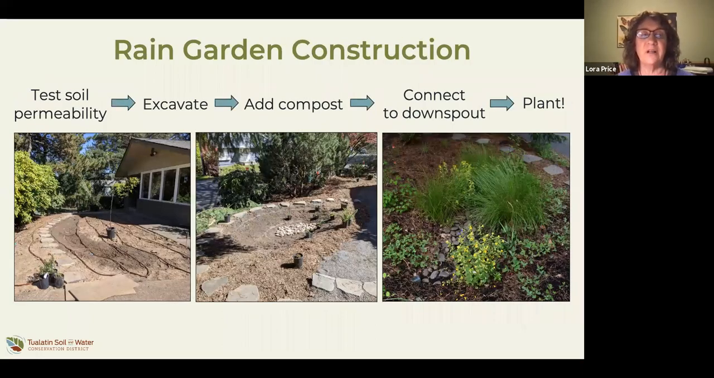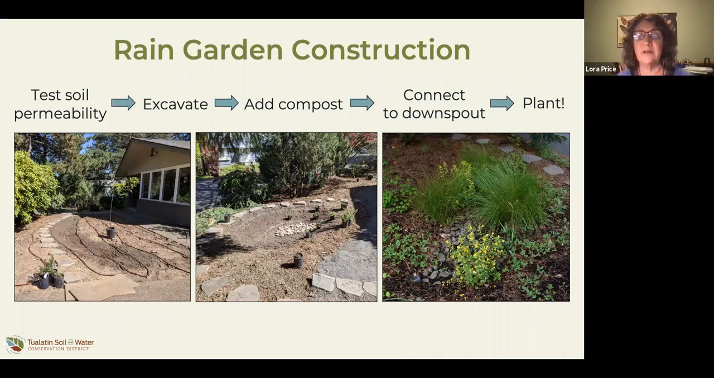So assuming you figured all of that out, you're ready to build, and really the steps of that are, again, test that soil permeability, once you determine a location, to make sure that it drains sufficiently. And then excavating, and you can see in the middle slide, they've got the size determined, and they have the bottom and side slopes of the rain garden essentially graded. And then adding compost for those plants that you're going to put in,